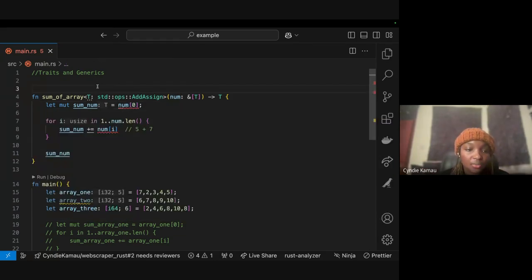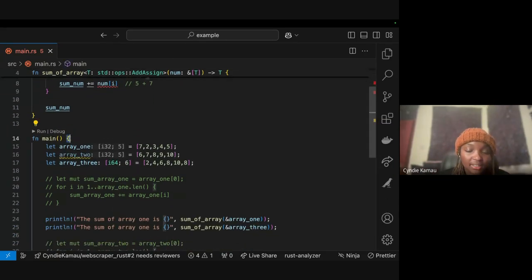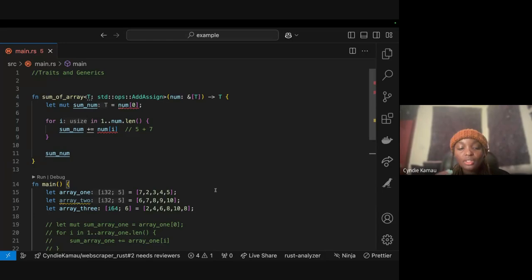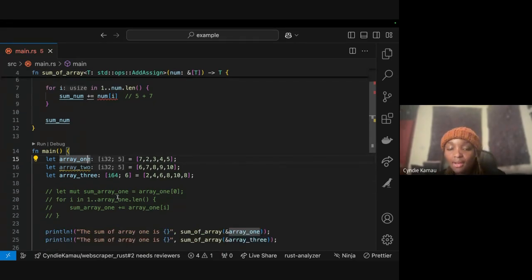By scope, we just mean within these brackets, right? And each value can only have one owner. So by that we mean this value here can only have array 1 as an owner at a time. I've forgotten the 3rd rule. When we continue, I'll remember and tell you guys. But those are some of the rules which we have for ownership in Rust, right?